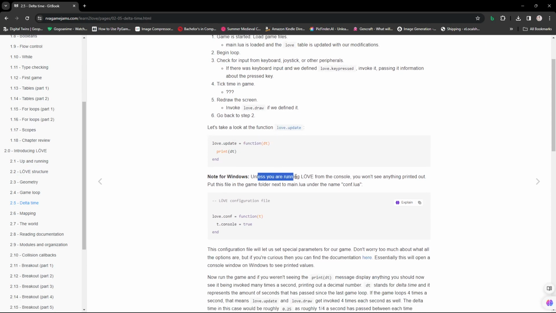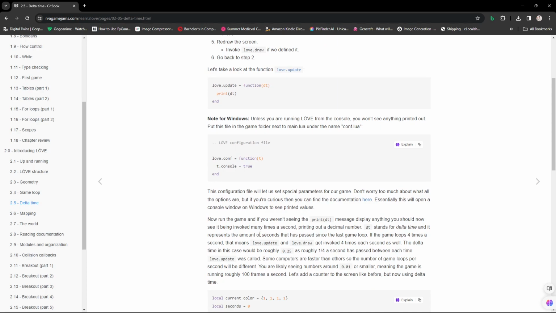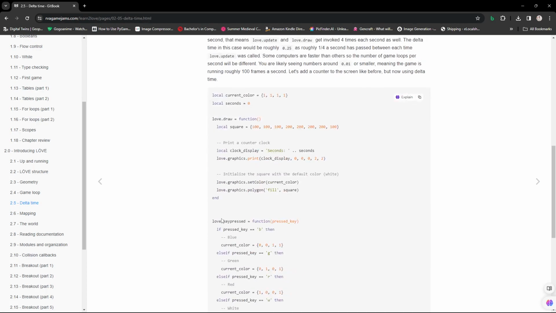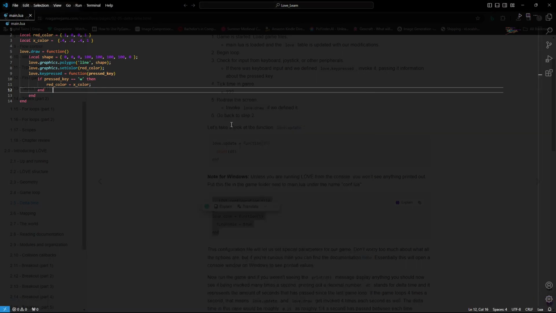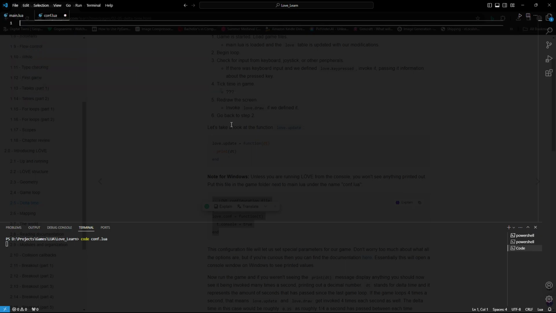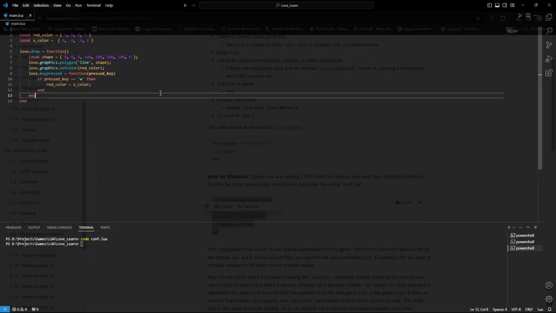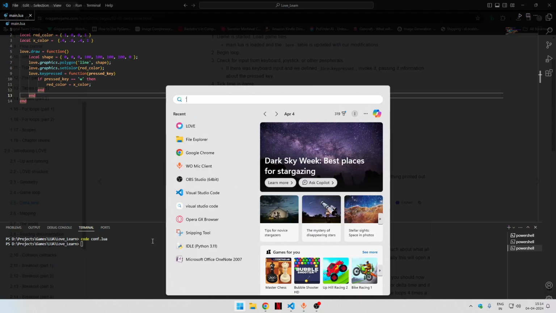Note for Windows: unless you are running love from the console, you won't see anything printed out. Put this file in the game folder next to your main.lua under the name config.lua. And then this, okay, to see how to print or how to just debug the stuff. This will help for debugging purposes. Let's put it in the code config.lua and run the preview. We are not printing anything,